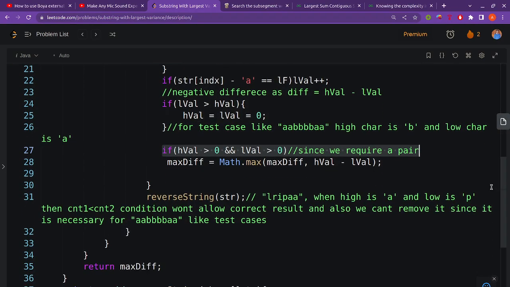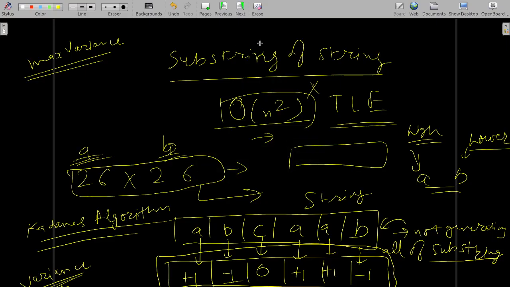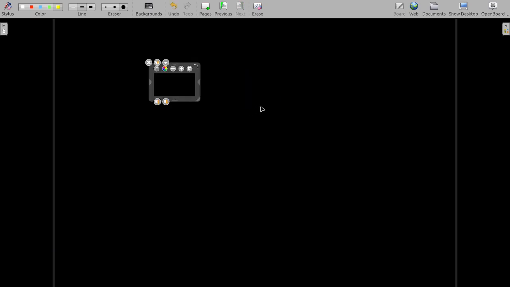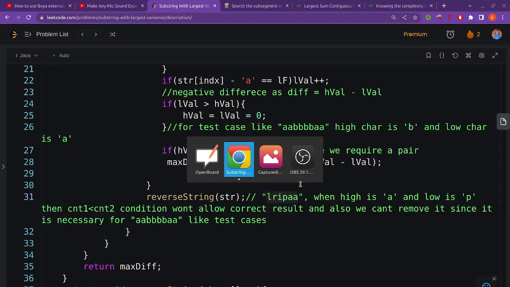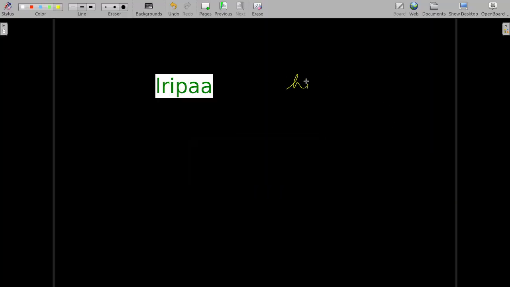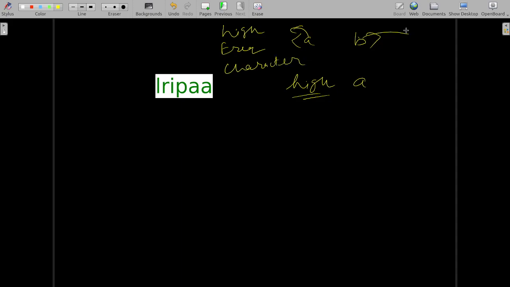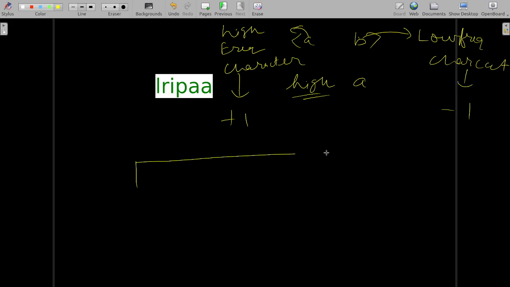Now there might arise a case when, for example, the input will be like this. Let me copy it and move to a new slide. We will always be fixing one character in the pair as a higher frequency character and another as a lower frequency character. The higher frequency character will be contributing +1, and the lower frequency character would be contributing -1 for the array